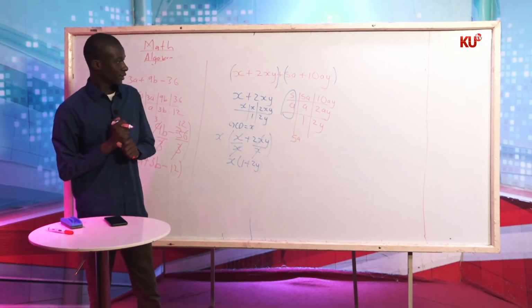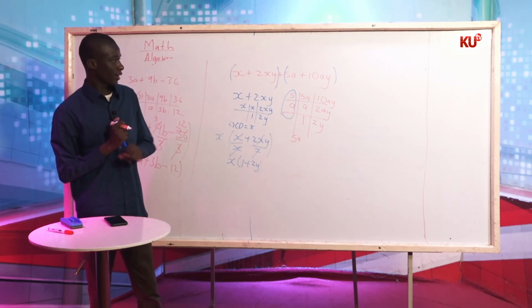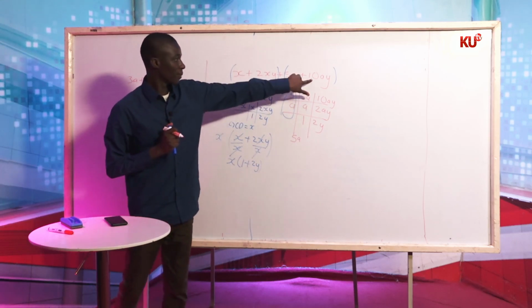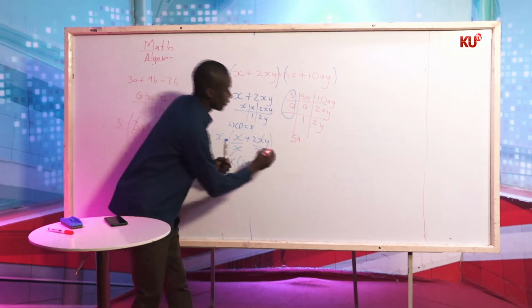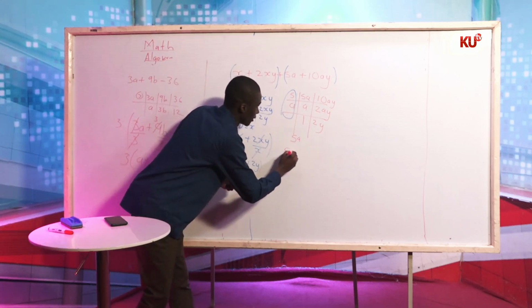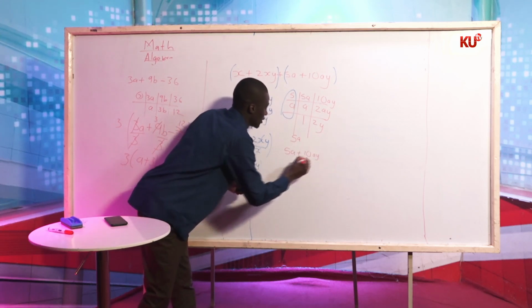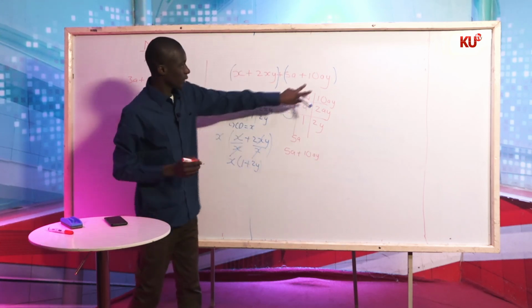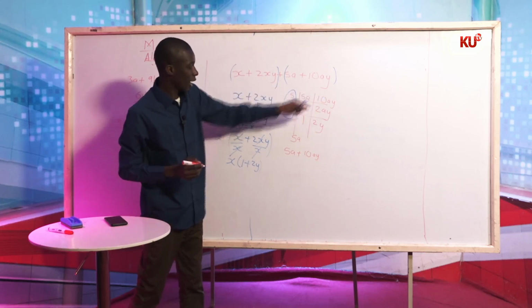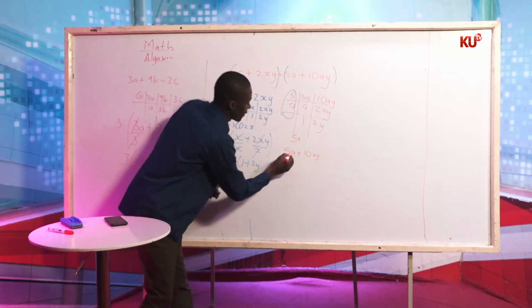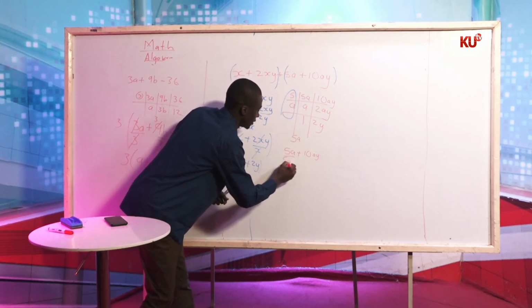Once you obtain the GCD, you are again going to divide each of the two terms by the GCD in this case. So your first term was 5a plus 10ay. So that was the original expression, and we're going to divide it by 5a, which is now the GCD in this case,